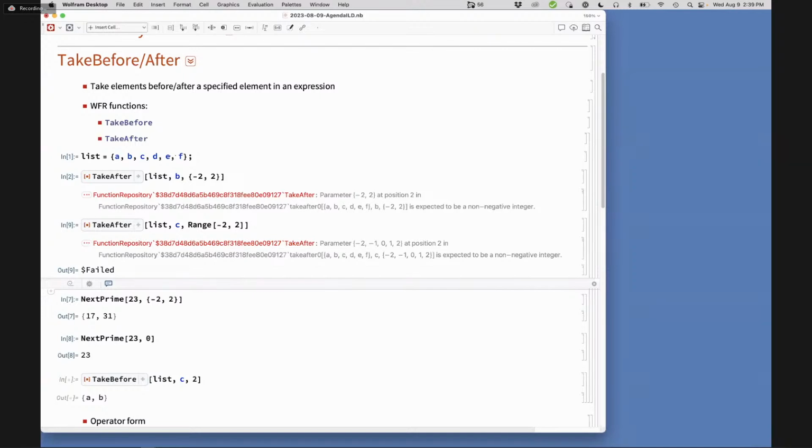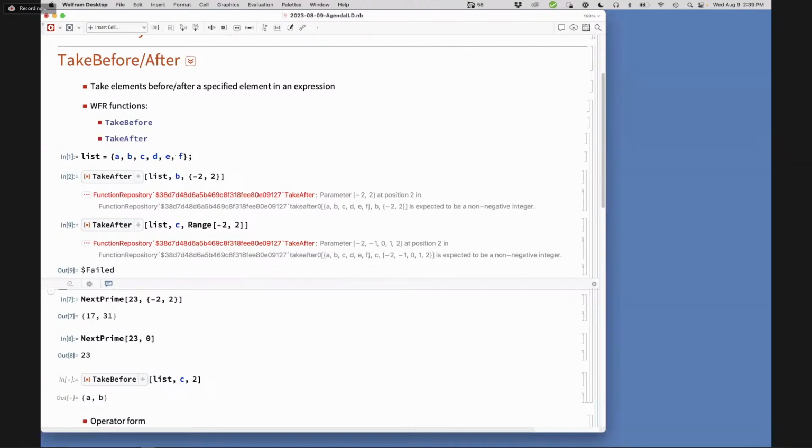You can call B whatever you want to call it, but the point we're making is that you can't take a span from -2 to 2. That would be an empty span. You can do the span from 2 to -2, which is not the span you want here, because those positions are relative to the anchor expression rather than the beginning of the list.